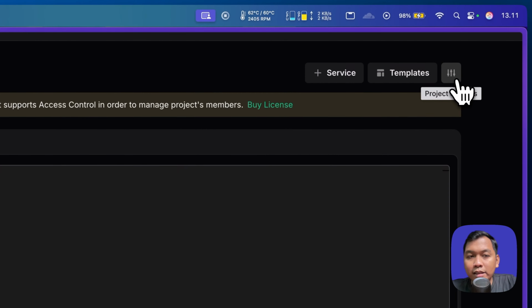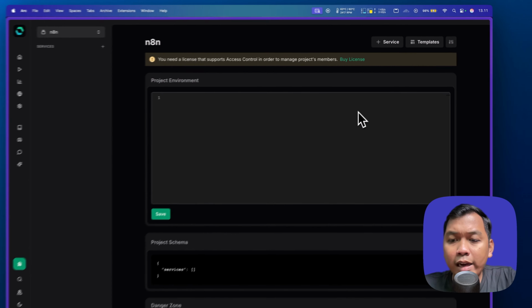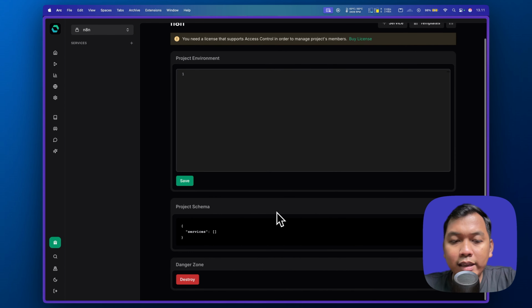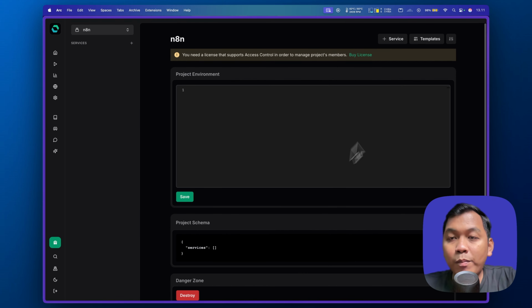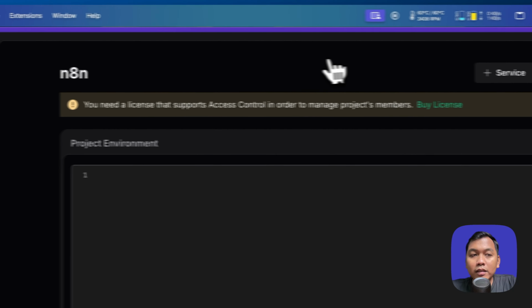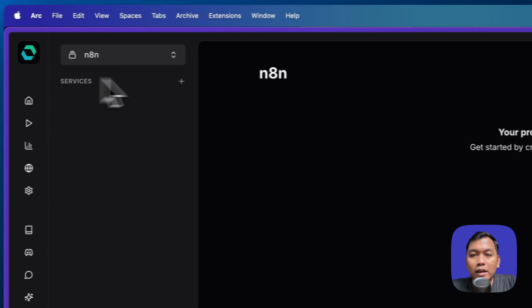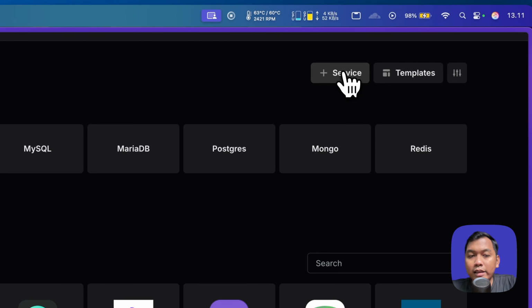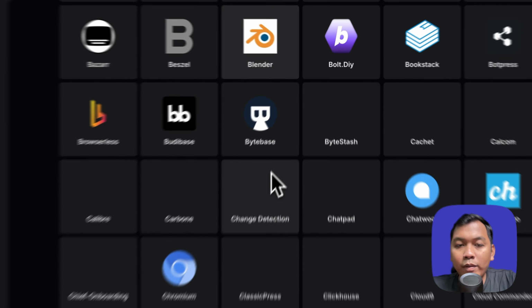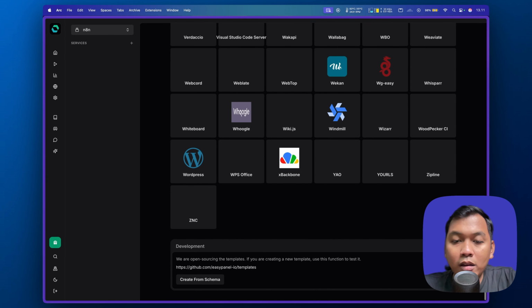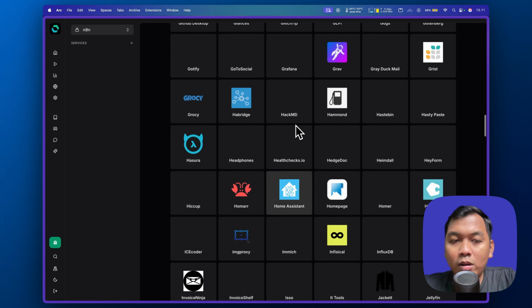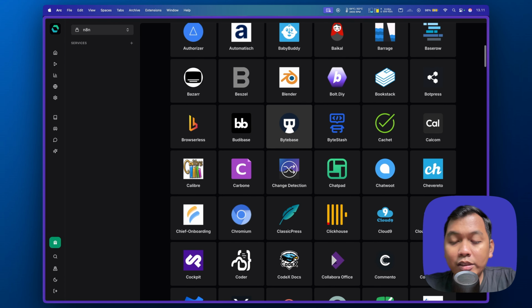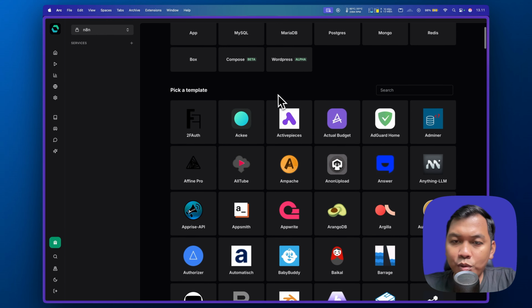And here are the project settings, which are kind of like the environment, and then the project schema. We can also destroy our project. So let's start by pressing this service button, and we will see there are a lot of services and also templates that we can pick as we want.